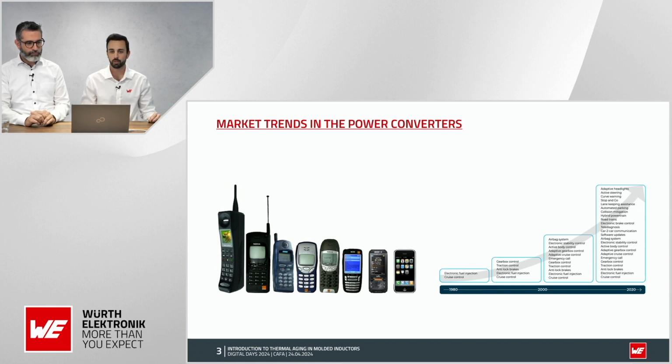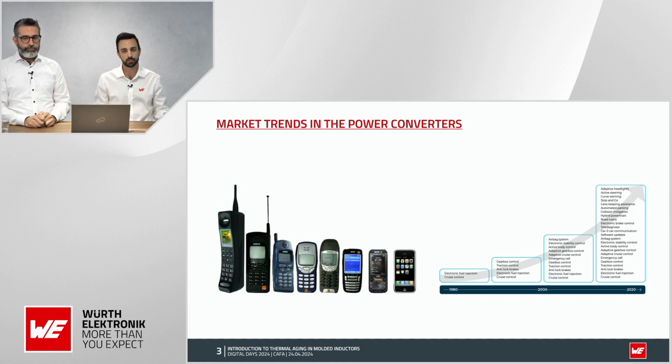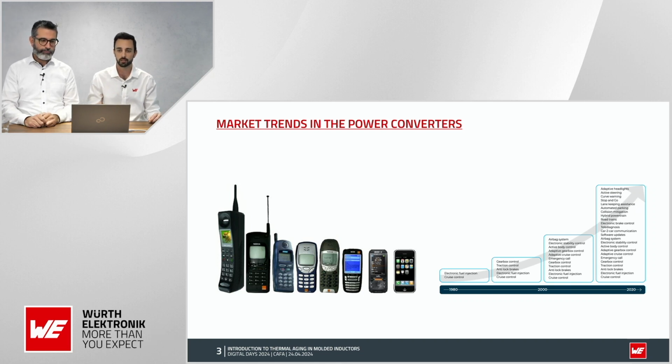We have the evolution of the electronic systems inside vehicles. These graphs start in the 1980s, where cars were mainly mechanical systems with very little electronics inside. You can find the first fuel injection and cruise control at this time, but over time, many more electronic systems were added into the car. We have traction control systems, extra security systems like anti-lock brakes, and many other features. After 2000, we have airbags, electronic stability,